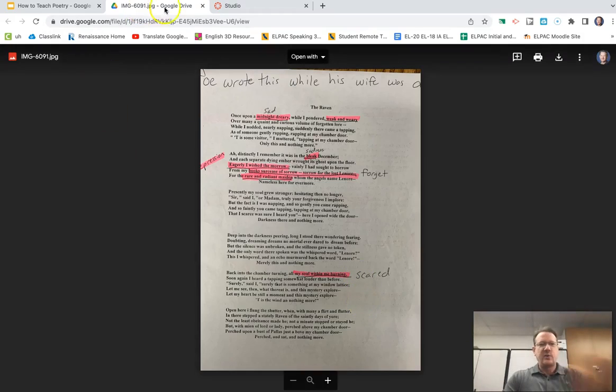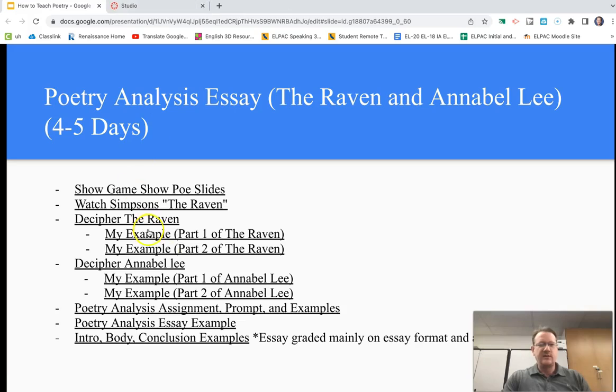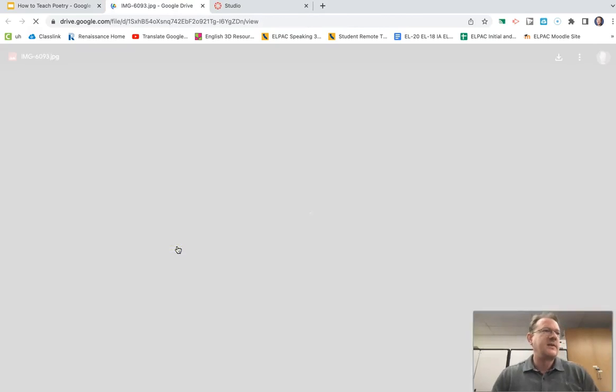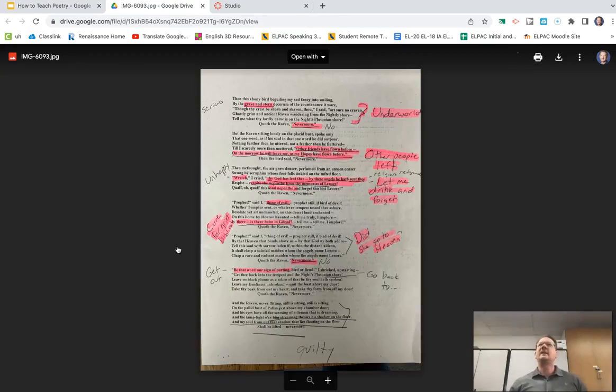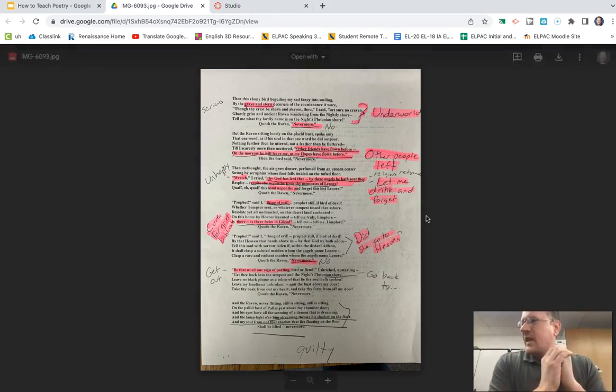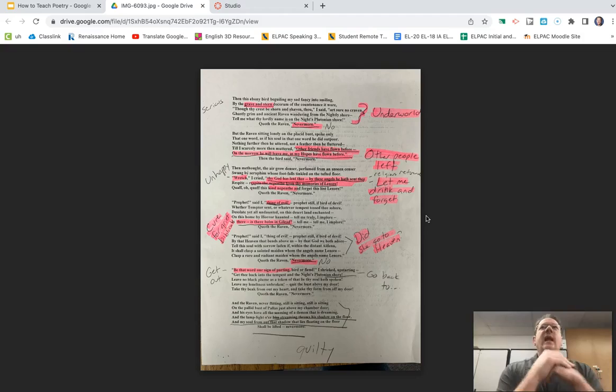And then he sees this Raven. Let me go to the other side. This Raven comes to him and is kind of reminding him of things, poking at his subconscious, his consciousness, prodding and making him angry. As we get into the second part of the Raven, you can see how he's like, can you just leave, Raven? The Raven's like, no, I'm not going to. He's like, can I just forget my wife? And the Raven says no, you're not going to forget her. And so it's almost like this guilt.